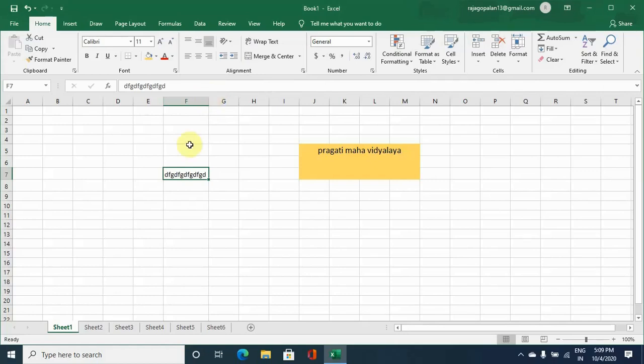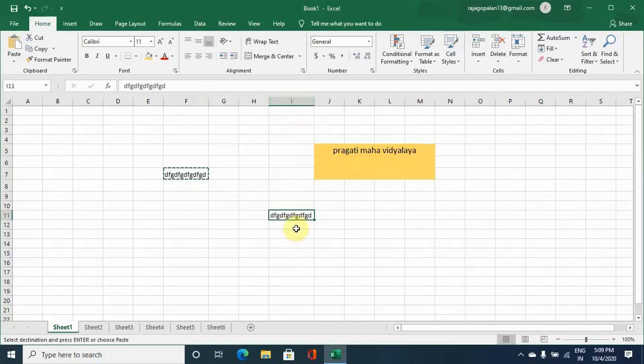Then say you want to copy the matter to other cell. You select the cell where you want to copy the matter, then Control C, then you place the cursor in the cell where you want the matter, then Control V will help you in copying the matter in other cells. Then you place the cursor on the header right side of the column, double click it, then the cell width will get adjusted to the matter what you have typed. So that is about copying the matter to other cells.